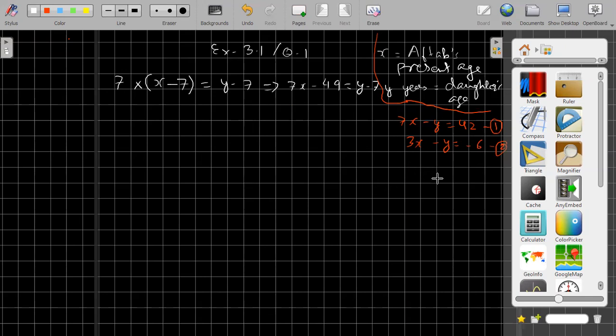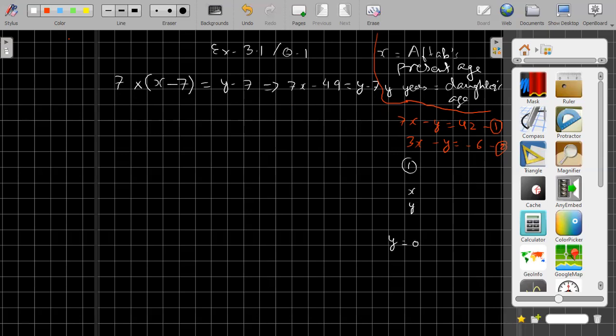For the first equation, equation number 1, we are making a table for values of x and y. We can take any value of x and find the value of y, but try to get whole numbers. So if you put y equal to 0